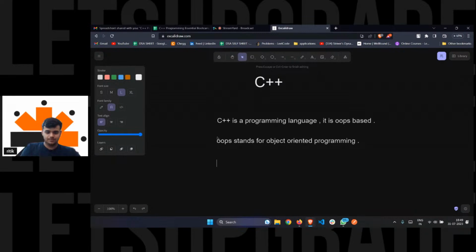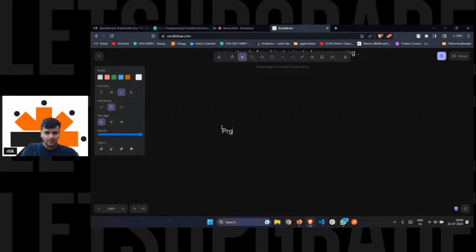Okay, so I told you that C++ is a programming language. Now you might ask me, but what is a programming language? Any language for that matter, any language that takes in an input. I hope you all know how to take input in C, for those of you who are already done with C and Java and things like that. So how do you take an input? Any language that takes an input.